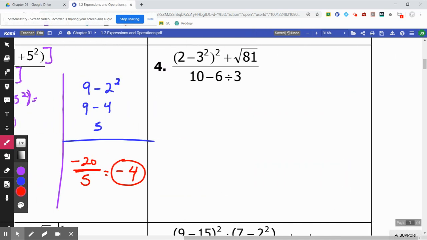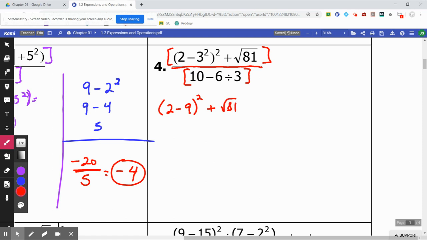Number 4. You have several grouping symbols here. Since it's a fraction bar, again, that's one giant grouping symbol. We're going to group everything on top. We're going to group everything on bottom and do them separately. So on top, we start with the innermost. We're going to start with these grouping symbols that are inside the other grouping symbols. You have 2 minus 3 to the second. And just to save ourselves a step, as I'm writing those down, I'm going to do 3 to the second power, which is 9. So on top, I have 2 minus 9, all raised to the second power, plus the